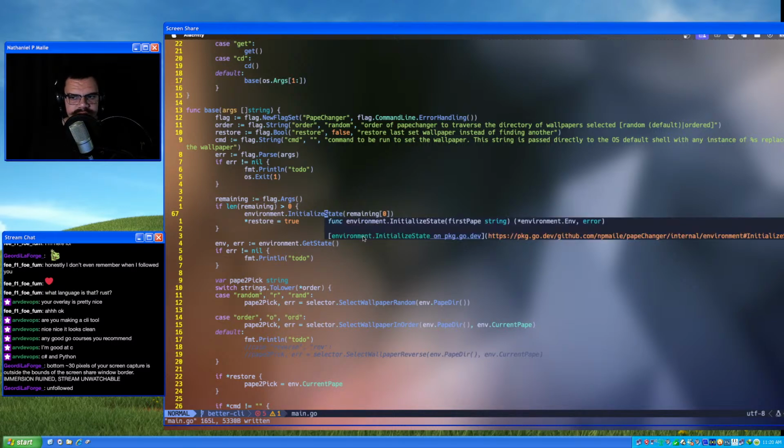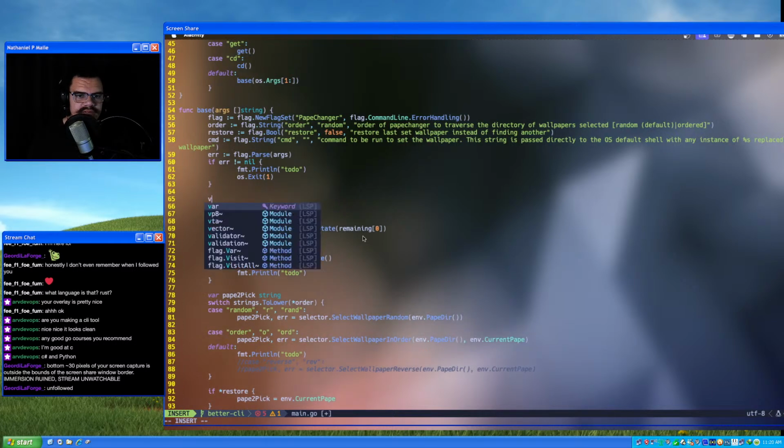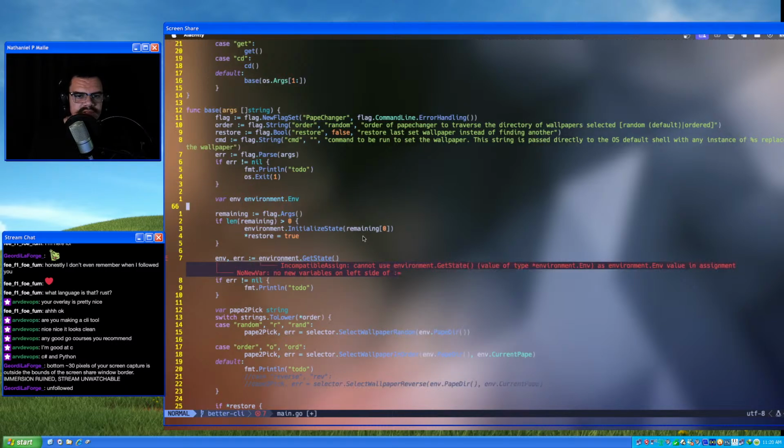And this returns an environment.env and an error, so we'll do a var env here.